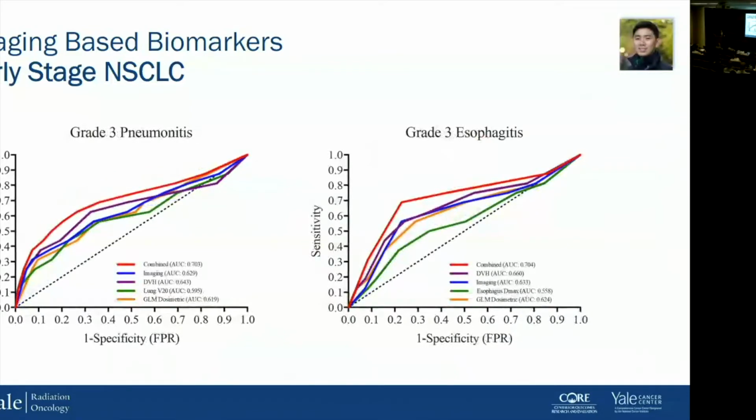We've also started looking at side effects that are a little bit more rare, because we think this could be potentially useful in predicting something else that's more useful in the clinic at that moment. And so when we're looking at grade 3 pneumonitis, which is a common side effect that we worry about for radiation therapy, or grade 3 esophagitis, what we find is, again, that the deep learning model, which combines all the data streams, is actually particularly better than any of the other models, including a generalized linear model or our dosimetric parameters, which is in green, of what we actually have been taught to use as our cutoff clinically.